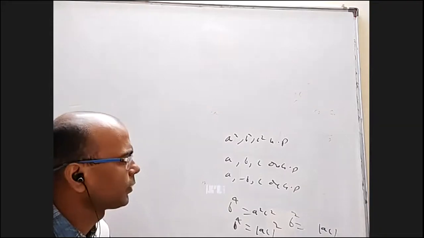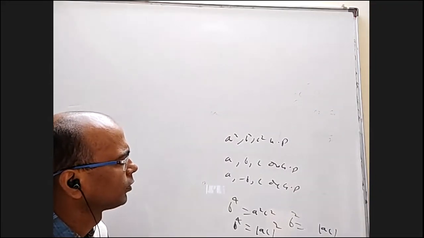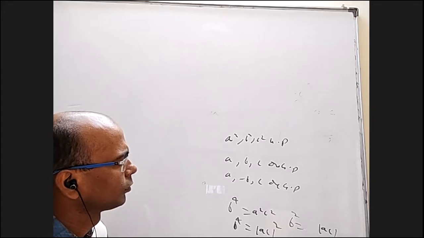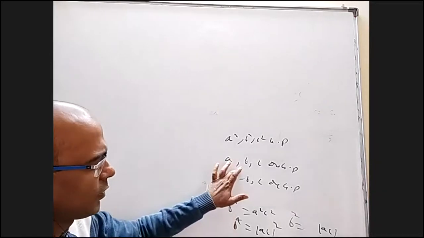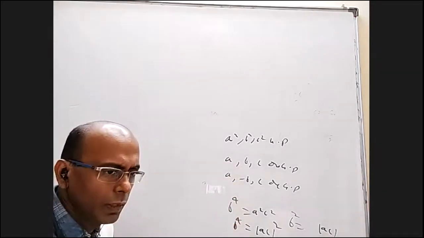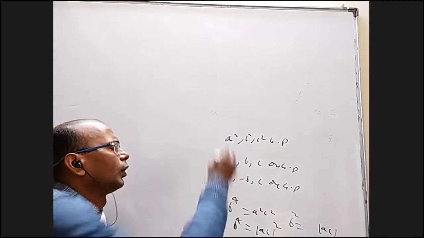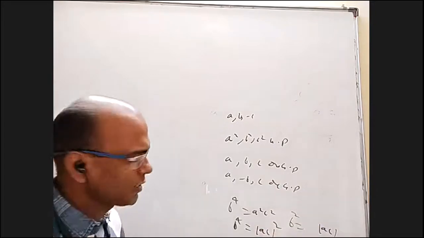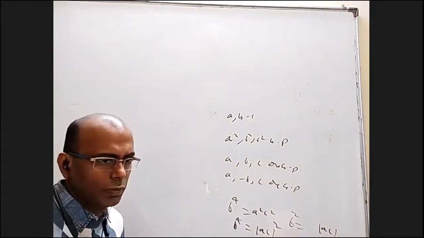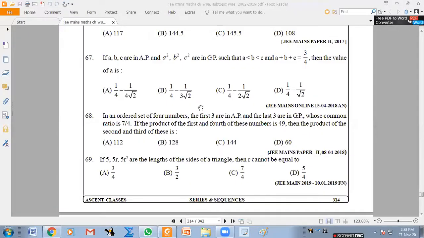Okay, you want to tell about A, B, minus C are in GP. A, minus B are already in GP, sir. If A, B, C are in GP, then we can directly say that A, minus B are in GP. Whenever this is true, this is also true. And the other case should be A, B, minus C are in GP. Basically, B square can be plus AC or minus AC. That minus you can give to anywhere. That is the point. But anyway, what I want to do is something else.